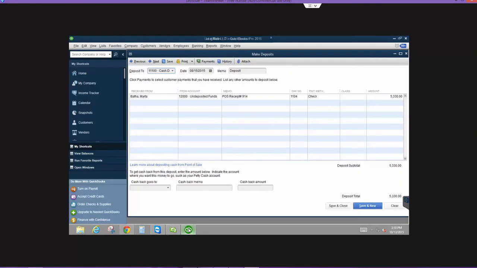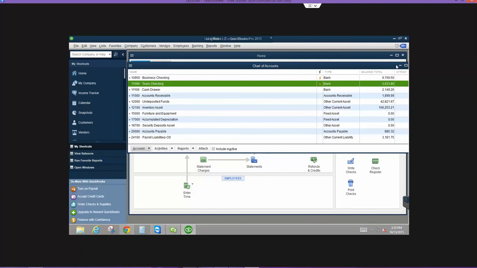Yeah, because it would have been just a deposit in the tour account, and the only ones I see are not for that amount at all, or even anywhere close to that amount. Okay, good. So that's another thing on your tour checking account. Do you suppose some of these things then,